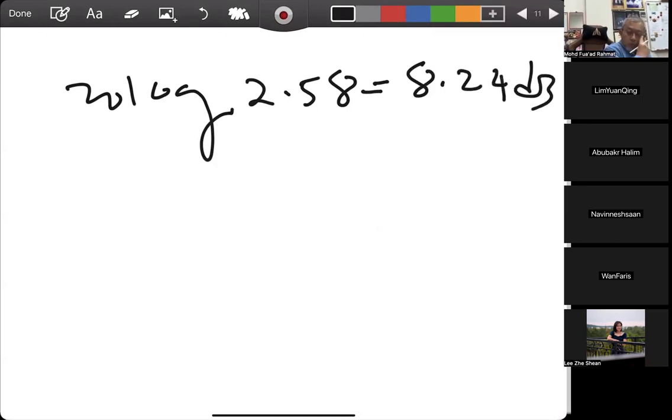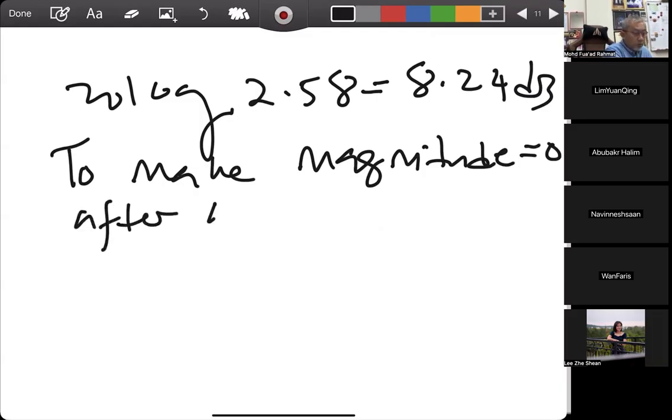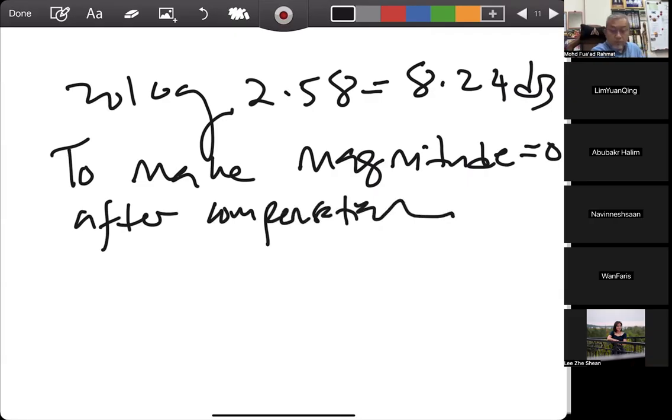To make the magnitude equal to 0 after compensation, or compensated magnitude,